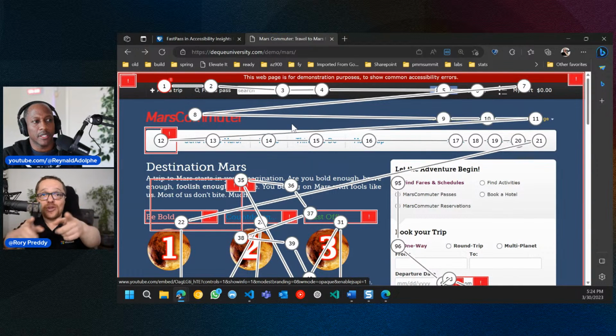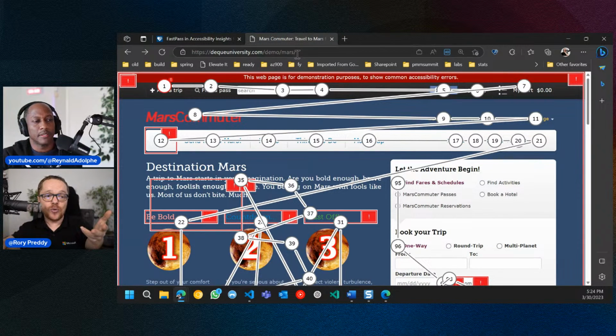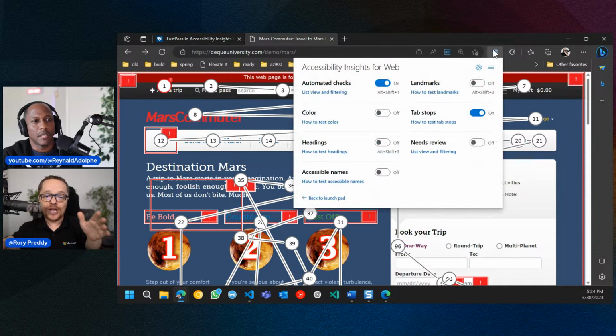But remember, if you put in an HTML tab index and you don't know what you're doing, and you change the tab index and don't keep it up to date, there's a big smorgasbord of problems that you're going to see. You saw there when I got stuck at the top because they didn't keep the tabs maintained. That's one of the issues you can go through when you run FastPass. It'll go through there and test that.